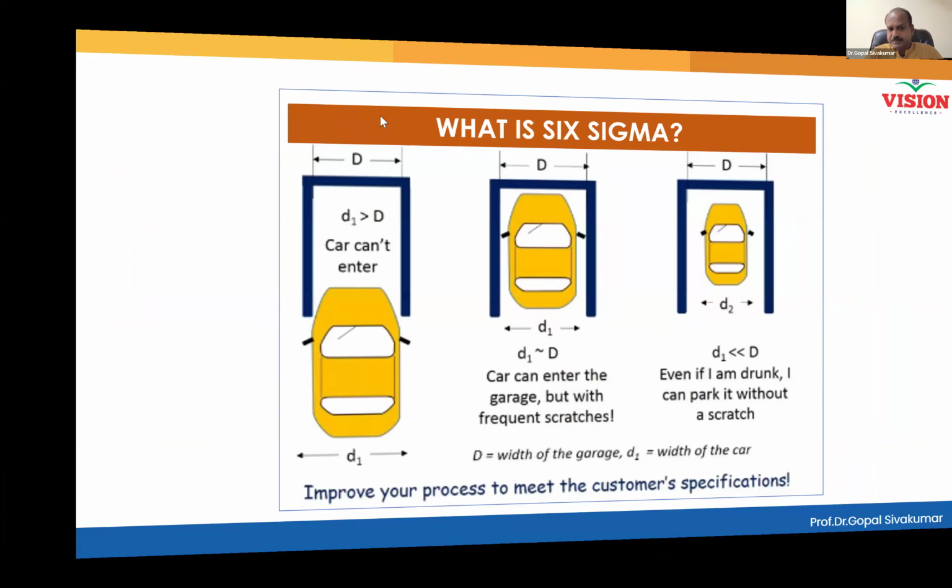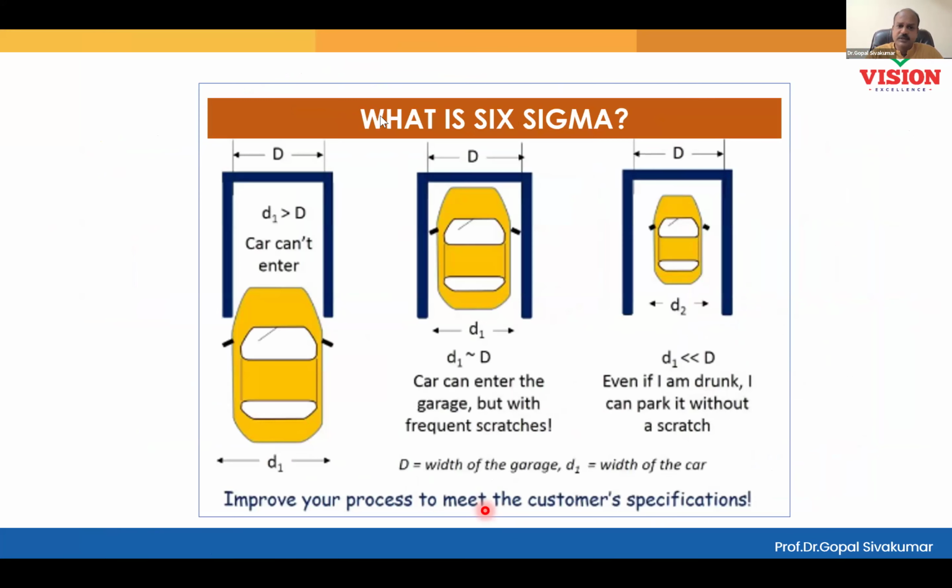And the same logic applies to this particular example also: the size of the car and the parking area, which is under your control. Is the parking area under your control, or is the car under your control? If you are the house owner, both are under your control, right? You can even change the parking area. You can even change the car also. But which is easier? A house we can't keep on modifying. So the car has to be purchased properly. When you buy a car, make sure you buy a car which is smaller compared to the parking area available.